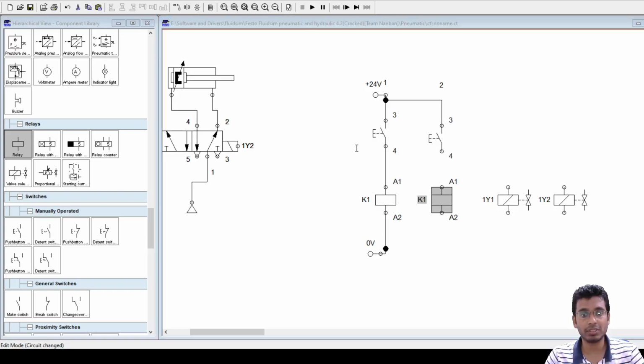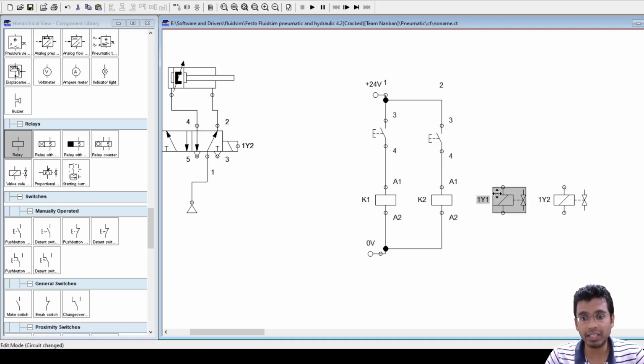I will name this as K2, and I'm going to make these connections. Fine. Now after my relays have been connected, what do I have to use? I have to use contacts of these relays judiciously, so that my desired function of actuating 1y1 and 1y2 is achieved.